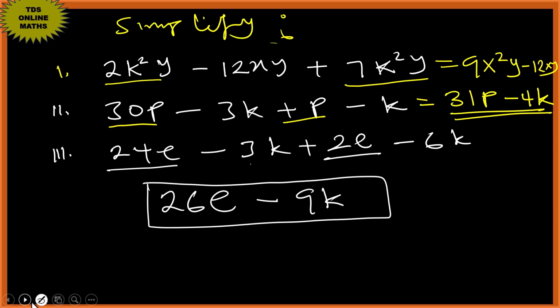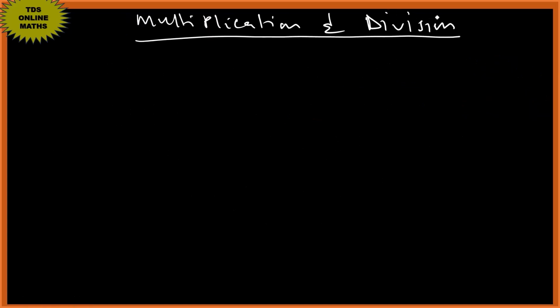Alright. Now let's look at multiplication and division of algebraic expressions. Alright, so now we are to multiply any two expressions. Okay, so in case we are given something like 4a squared b times 3ab,